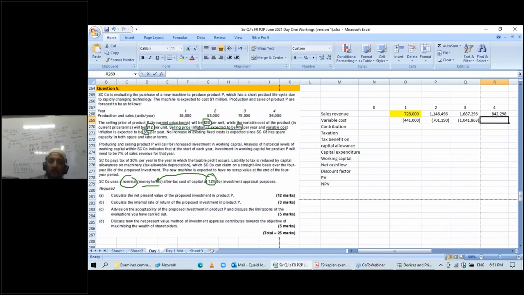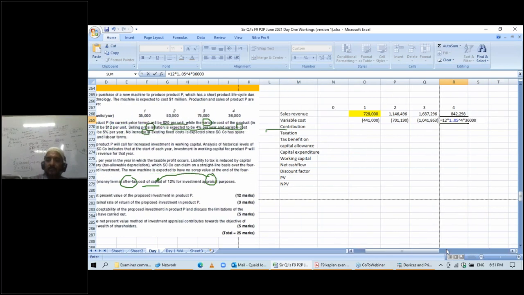And then in the year 4, 12 multiplied by, you will increase the variable cost every year by 5%. So in 4 years, 1.05 to the power 4. And then the quantity, which is 36,000. So this gives you